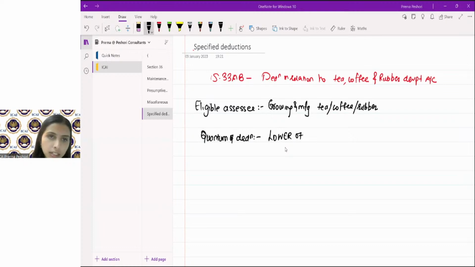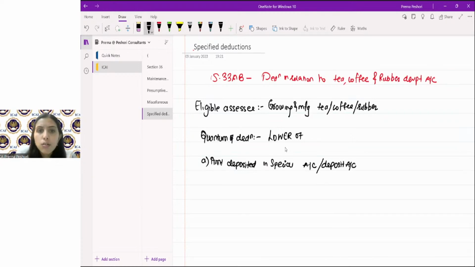the amount deposited. So these kind of assessees have to deposit the amount in a special account. Amount deposited in the special account or deposit account. So they have to deposit with the National Bank the amount in a special account maintained by the assessee with that bank in accordance with the scheme approved by the tea, coffee or rubber board, right? Or they have to deposit the amount as per the deposit account opened by the assessee in accordance with the policy of the central government. So amount deposited in the special account or